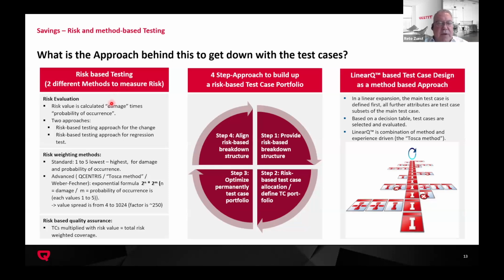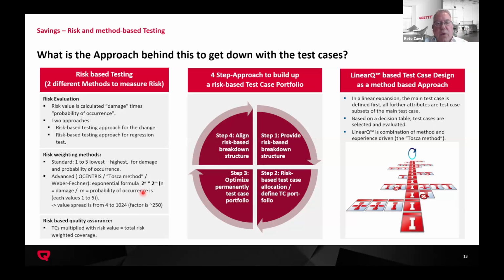You know, there is a Weber-Fechner approach where finally you have a special way how you actually come to risk evaluation with an exponential formula with 2^n multiplied with 2^m. So that means finally we have probability on one hand and damage, and then we make a calculation where we evaluate 1 to 5 risk. 5 is high, low is 1, and then you multiply this and you get the number between finally 2 and